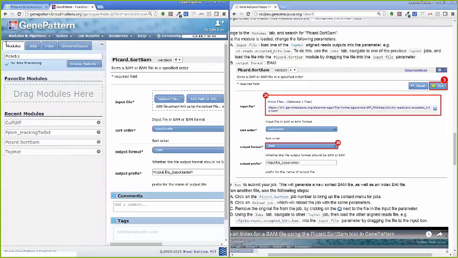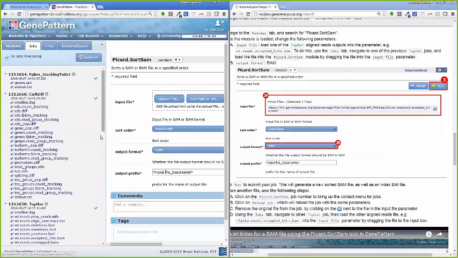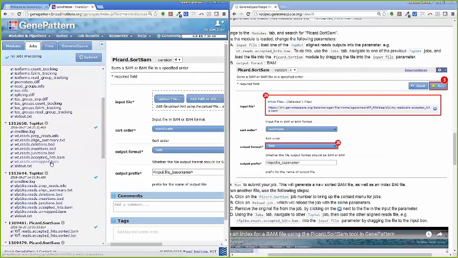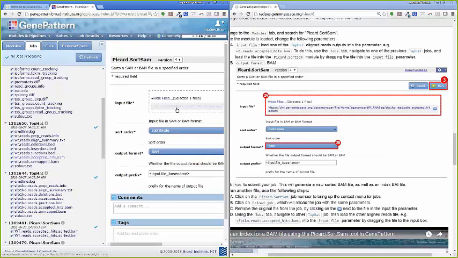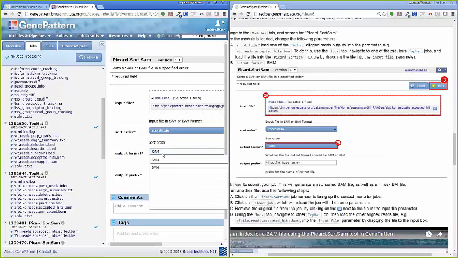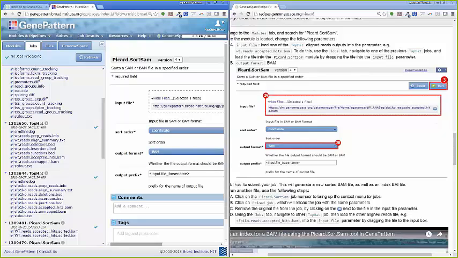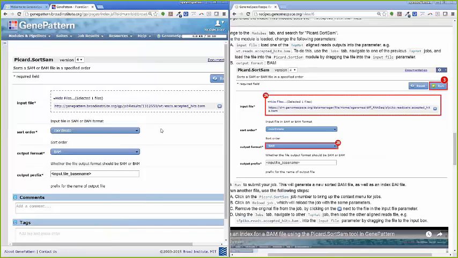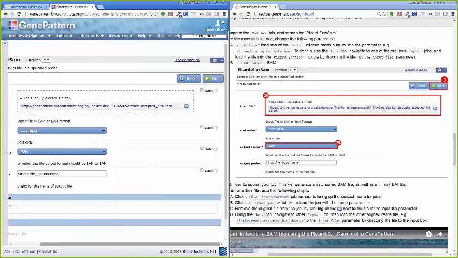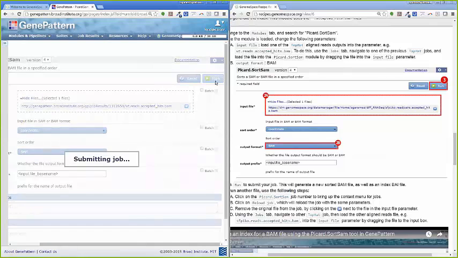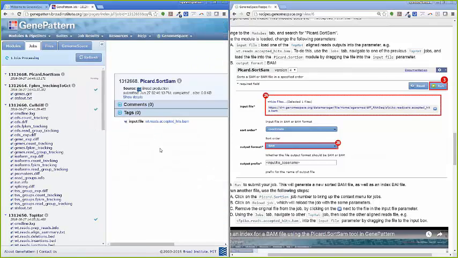If I change back to jobs, it looks like all my jobs have finished running. I can find, for example, the wild-type reads accepted hits.bam, click and drag it to input file, and then click BAM. We want the output format to match the input format in this case, and then we can click Run. This will generate an index file for our wild-type sample, but we need to repeat this